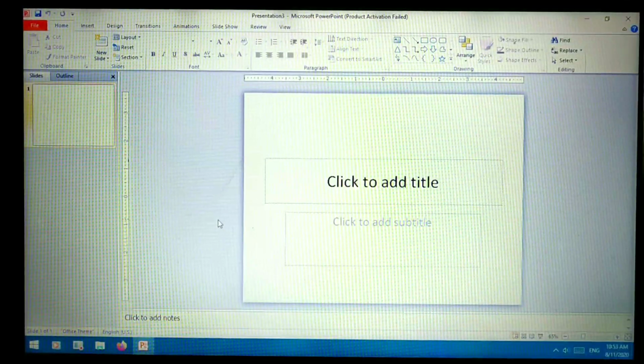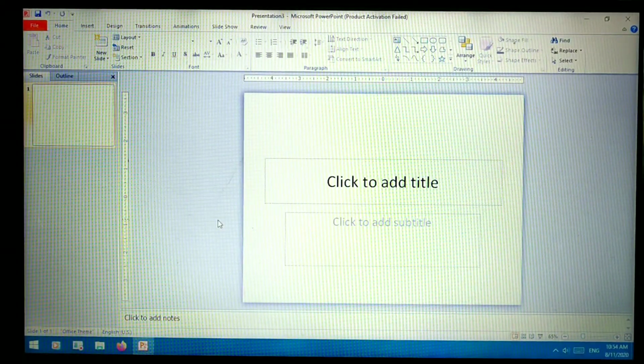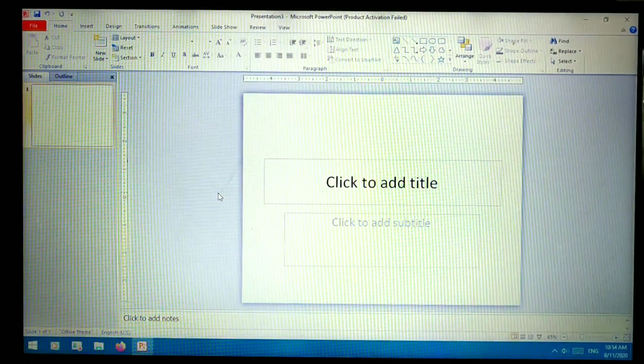Now let us learn how to work with SmartArt. Here I'll show you how to insert SmartArt and how to edit the SmartArt. Okay, so in order to add SmartArt, first what you have to do,